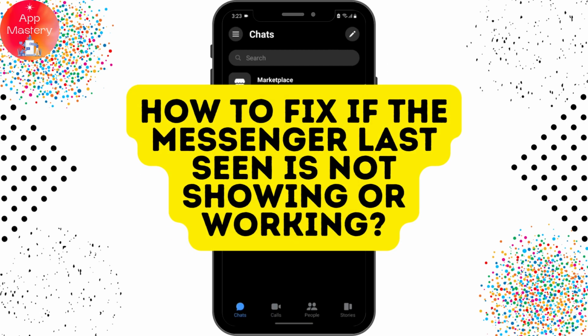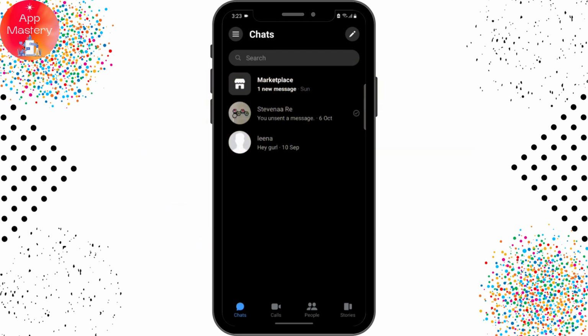How to fix if the Messenger last seen is not showing or working. So if some person's last seen is not showing or is not working, then that might be due